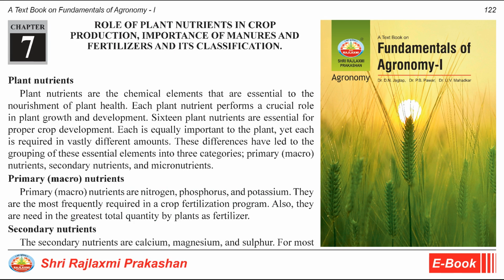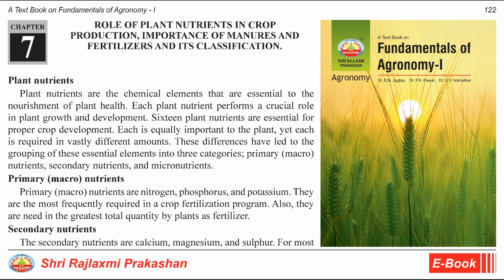Plant nutrients. Plant nutrients are the chemical elements that are essential to the nourishment of plant health. Each plant nutrient performs a crucial role in plant growth and development. 16 plant nutrients are essential for proper crop development. Each is equally important to the plant, yet each is required in vastly different amounts. These differences have led to the grouping of these essential elements into three categories: primary macronutrients, secondary nutrients, and